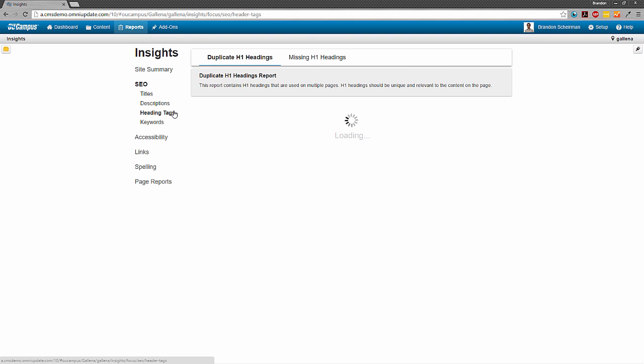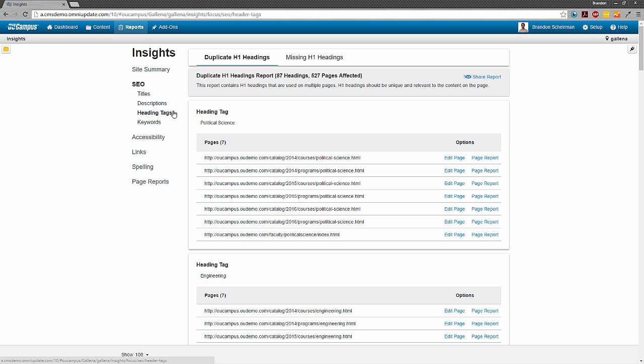Moving on to heading tags, this talks about the nesting or hierarchy of your headings. So if you have multiple H1 level headings, this might throw off the hierarchy of your page, and search engines may not necessarily rank pages that have non-unique headings as highly as something that has a little bit more descriptive, even hierarchy. So, these reports are also fairly alike to the ones that we've seen before.